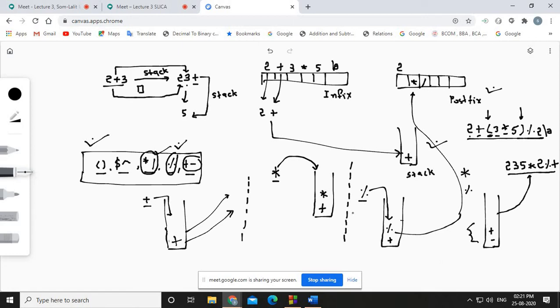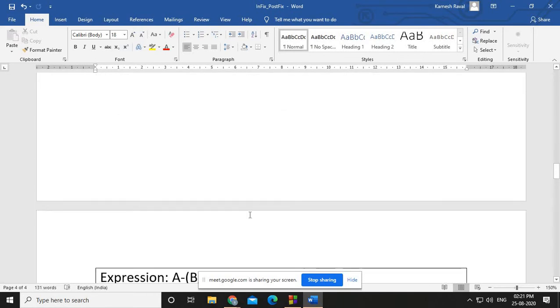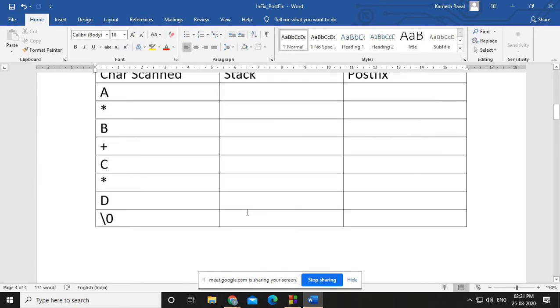What to do when a lower priority operator comes and the stack is empty, what to do if a lower priority operator comes and the stack has a higher priority operator, right? All the things we needed to discuss, and whatever we have discussed, we are trying to put into various examples. Fine, so I think now you can go through all these examples.